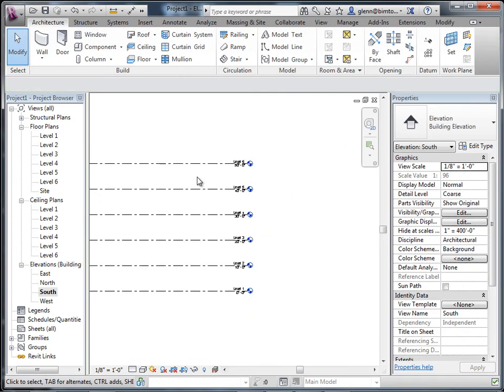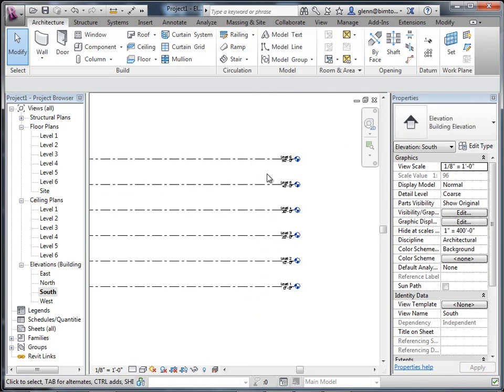Okay, so I got my little multi-story building here going. As you go through and create your multi-story building, a couple things will typically begin. I'll start picking walls right now. I'm going to do it that way as a starting point. As you think about your walls, one important thing to think about is, as you build the walls, are they